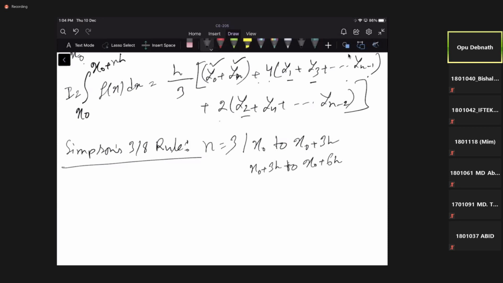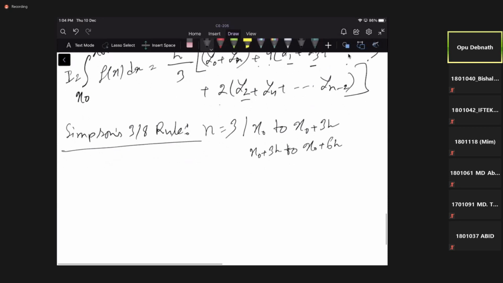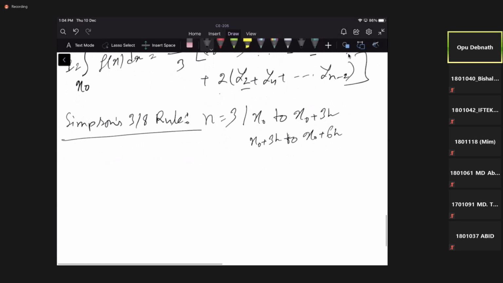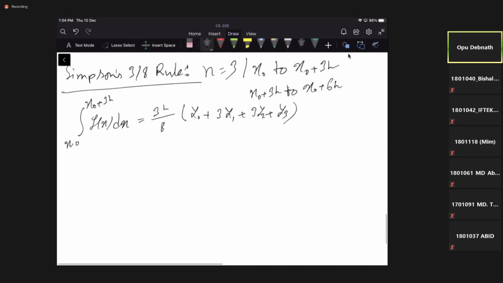Okay, that means n is equal to 3 for each term, and we will neglect the third order and above. So for this case you will get x0 plus 3h f of x dx. This summation will be nothing but 3 by 8 of h multiplied by y0 plus 3y1 plus 3y2 plus y3. Okay, like this. So after adding all the terms, the total integration value I will be